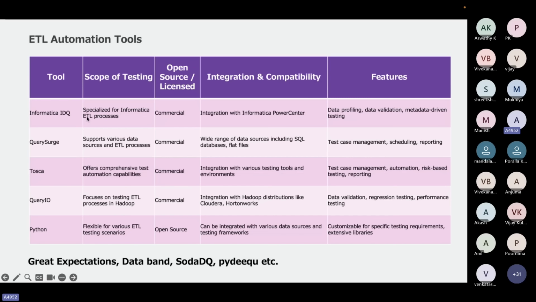So we can use IDQ to do the data profiling and some basic checks on your data. That too we can perform only on the target or only on the source. We cannot compare source versus target in Informatica IDQ. So IDQ is mainly used for data profiling. Again, it's not open source; it's a paid tool. We have to purchase the license for it.